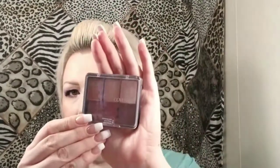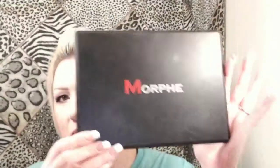And then for eyes, I used several colors. I used the colors out of the Androgyny palette. I also used the Modern Renaissance palette, the CoverGirl Shimmering Sands Trio, and the Morphe 35P palette for my eyes. And I also used,